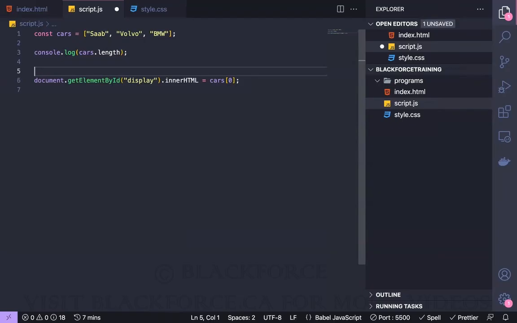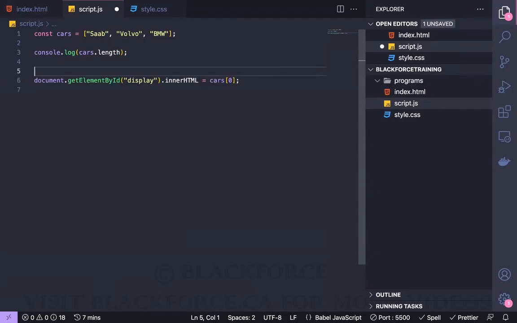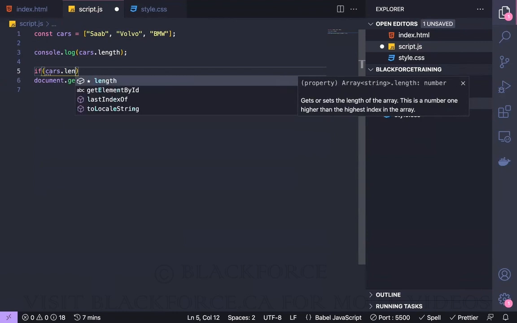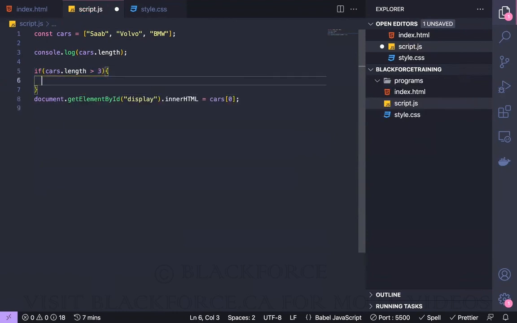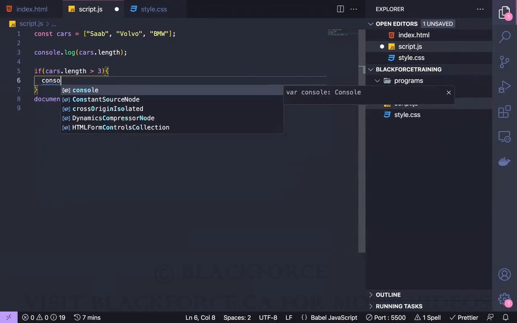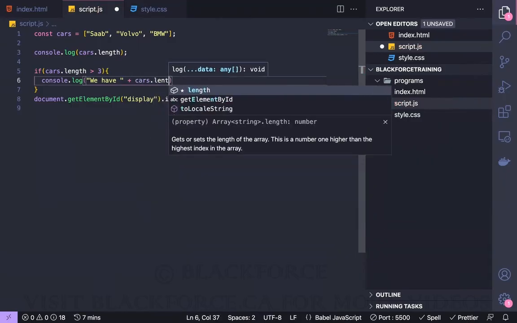But a typical use case for this, right? For any length method, if I have a working application, I can do if cars.length. So if the length of cars is greater than 3, say maybe console.log, we have 3 cars, or not really 3, because I might not know the actual amount of cars.length